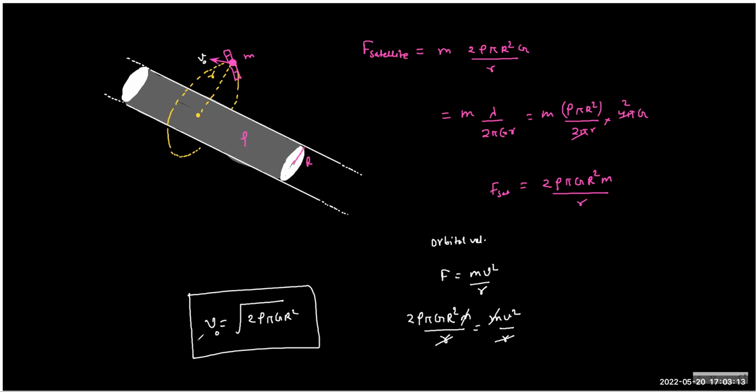And what I'm saying is that as you go away from this cylindrical planet, which is infinitely long, the force will vary in such a proportion that the centripetal force stays matched. So the whole idea is that as you go away, the velocity requirement to move around the planet remains the same. You just need to move with the same velocity around the planet at any distance. The distance really doesn't matter.